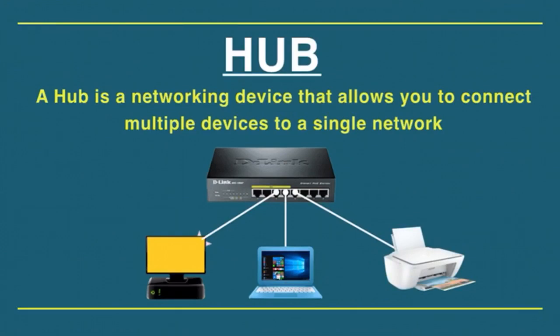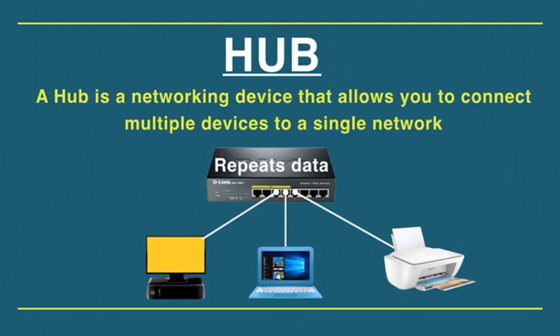When a hub receives data from a sending device, it simply repeats or broadcasts that same data out all ports on the hub. Any traffic that goes in one port comes out of the other ports. As a result, all computers receive the traffic even if it is not for them.